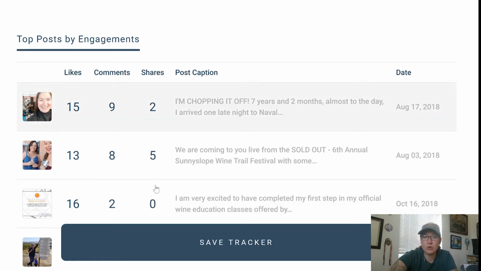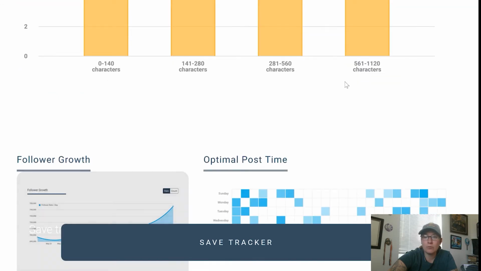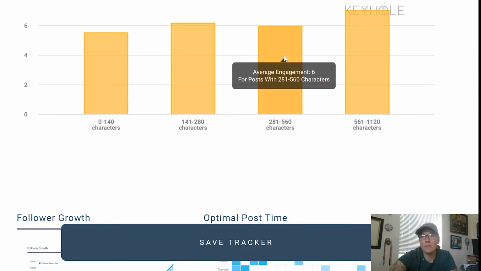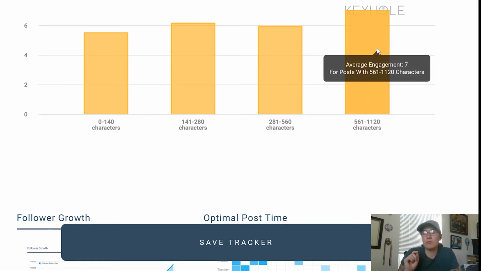I can see which post was getting the most information. I also can see, and this is a really cool feature that you can't see on Facebook, how many characters in your messages get more attention. As you can see here, people appreciate it when I add more to the story.